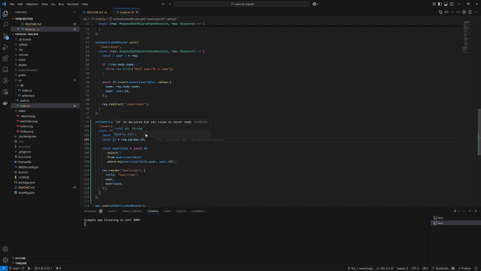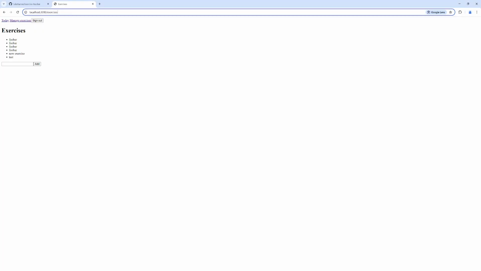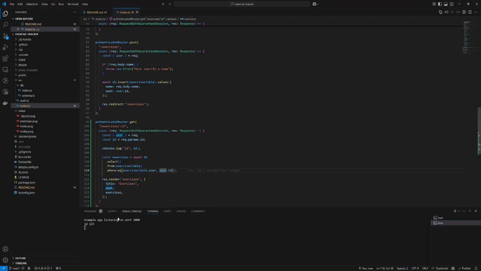And then if we do console.log ID, we should be able to save that. And if we go over here, /123, we can see that the ID 123 is put in here. So this is the Express routing